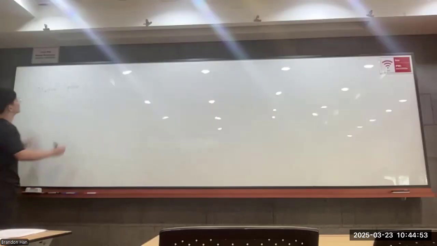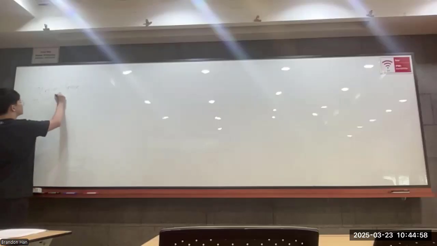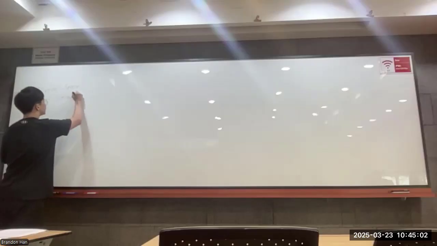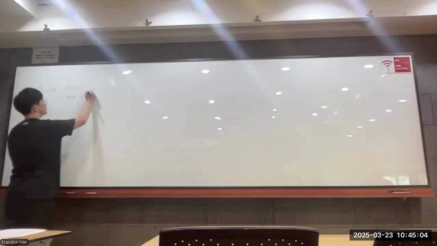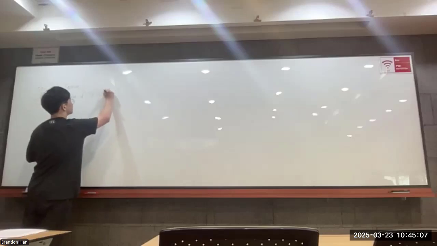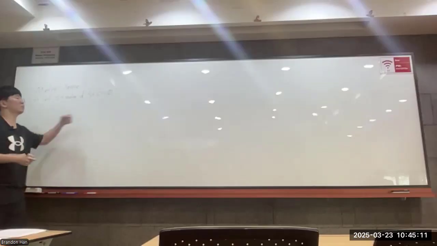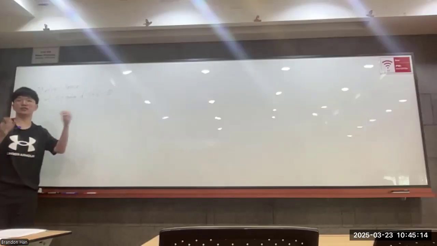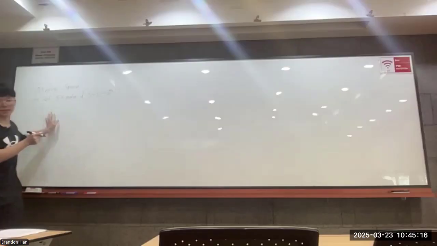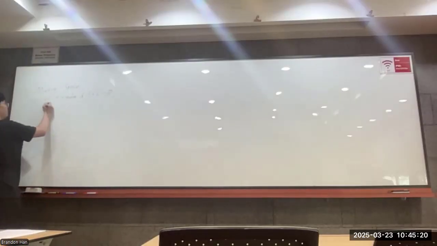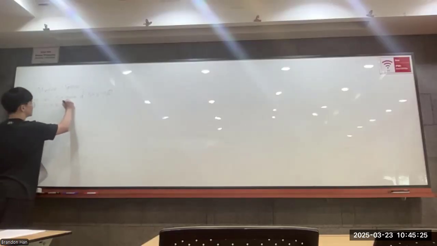Okay. A metric space is basically the set S with a distance function. We also call it a metric D, which goes from S times S to R. This basically means that as an input, D takes in two elements of S and it outputs a real number. So it's the distance between two elements of S. In order to be a valid metric, there are four properties that D has to satisfy, which is that for any X, Y, Z in the set S,